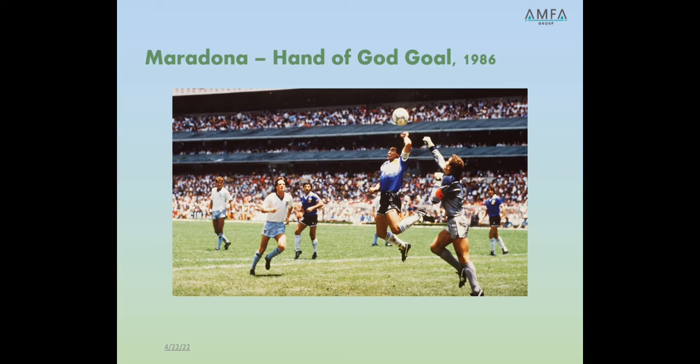When we go back and refresh our memories, Maradona's magical moments in the 1986 World Cup, where he kissed the World Cup. In the crucial match between Argentina and England, Diego Maradona scored one goal with his hand, and the referee couldn't notice that. The goalie Peter Shilton complained it was a handball, but the referee allowed Argentina the goal. Maradona made the goal with the hand, and had it been happening now,